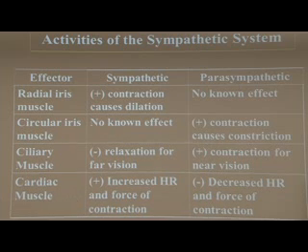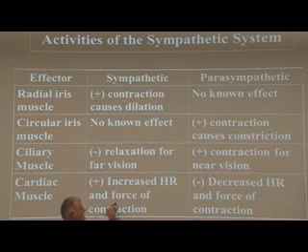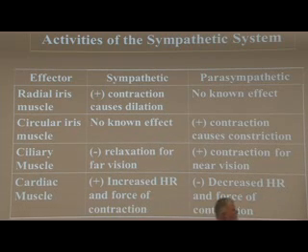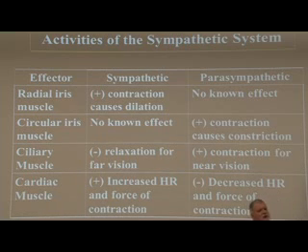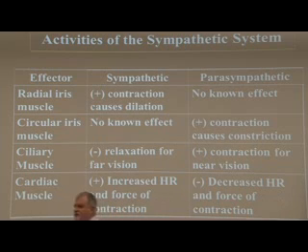What we talked about was the parasympathetic nervous system arises from 4 cranial nerves, 3, 7, 9, and 10, and then from the sacral region of the spinal cord. So it's over here, and then the sympathetic nervous system, which is the first column, arises from T1 through L2 in thoracic and lumbar nerves. So it's not surprising that the radial iris muscle, which is going to dilate or constrict the pupil,